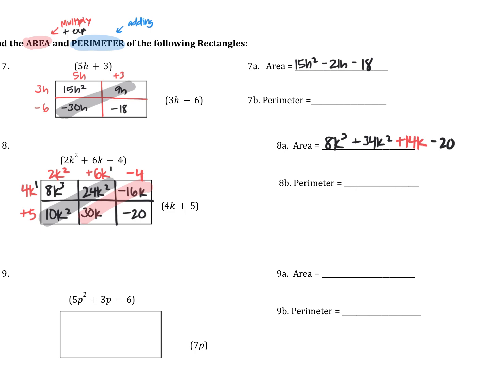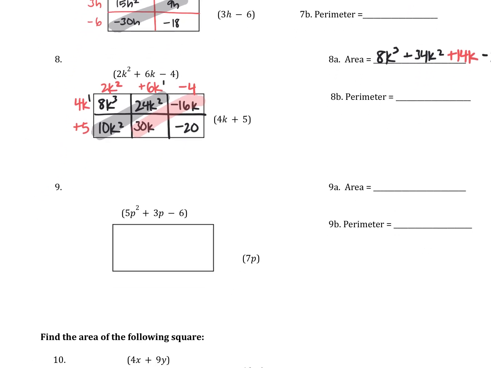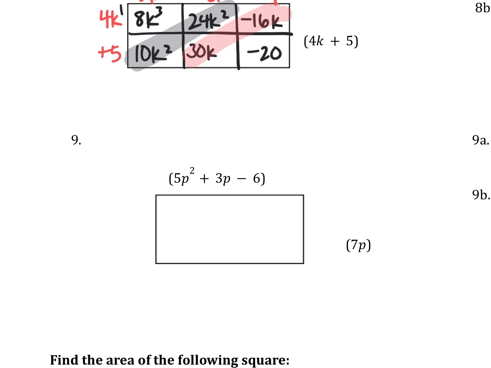Okay, we've got one more here that we're going to find area for before we go back and find perimeter. So, number 9, I've got 3 terms on top. I've got my 5p squared here, positive 3p there, and negative 6 here, and 7p is on the side. So now we're just going to multiply these two things together. What is 7p times 5p squared? Well, that'll give me